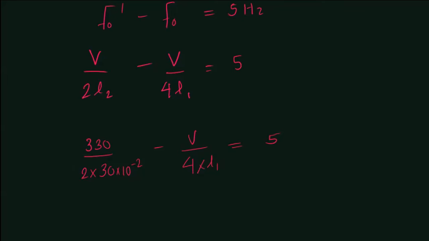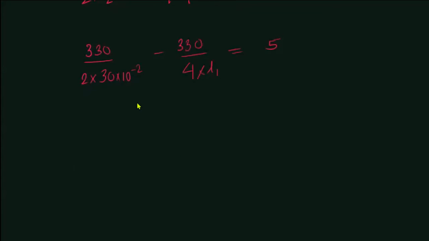Okay, so we know the V, right? So let's substitute the value of V straight away. That is 330 once again. And if we simplify this, we are going to get L1 to be something around, I have already simplified that and found the answer, right? So it's going to be something around,